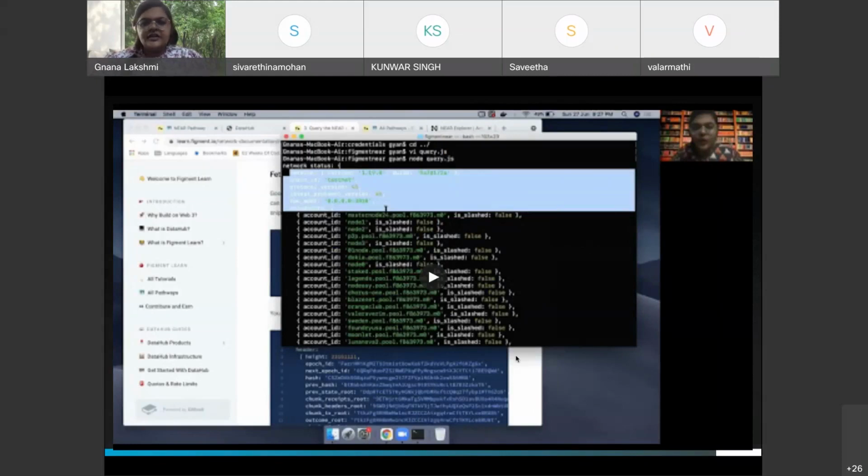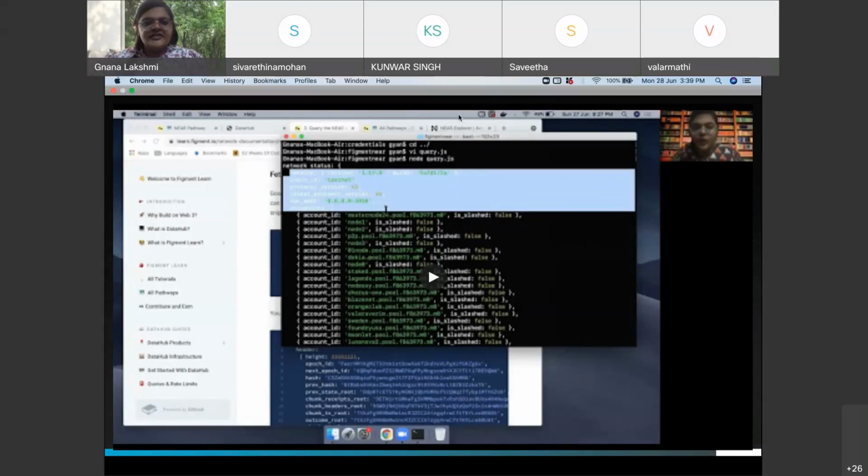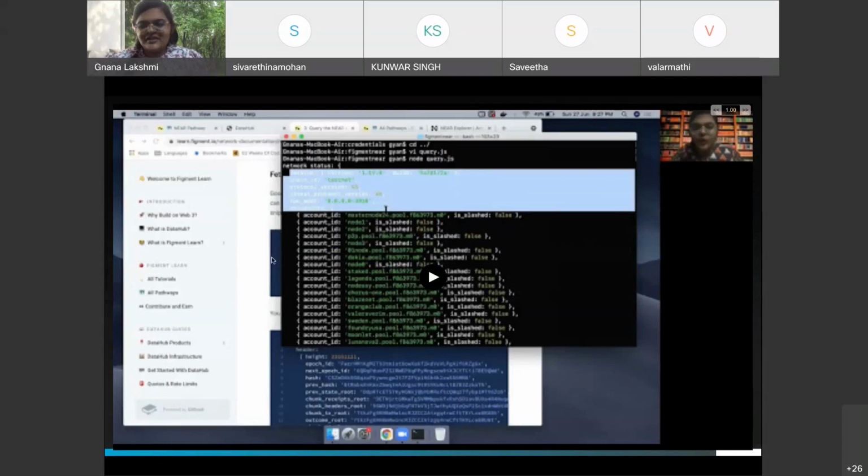All right. So this was our first simple, very straightforward hands-on, where we are performing some operations directly by connecting to the node using the API JS library and using certain functionalities from there.